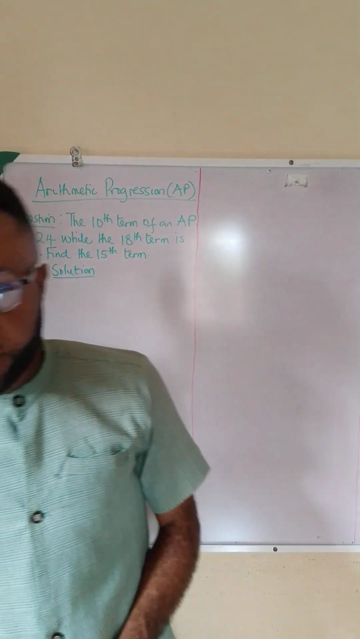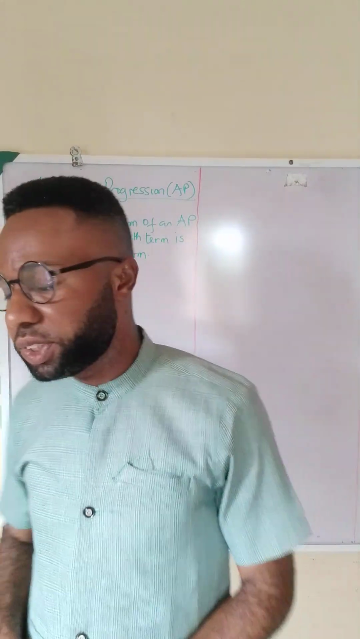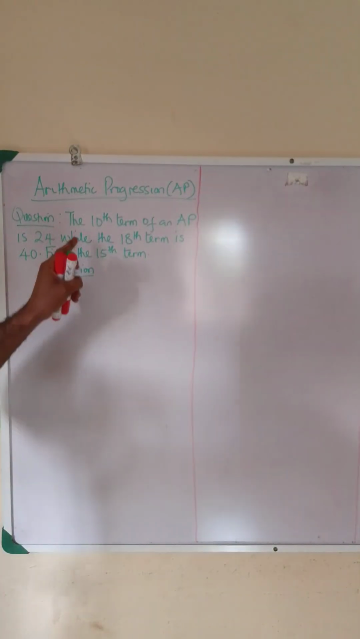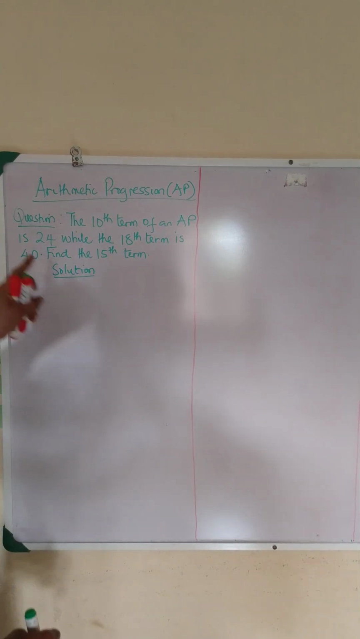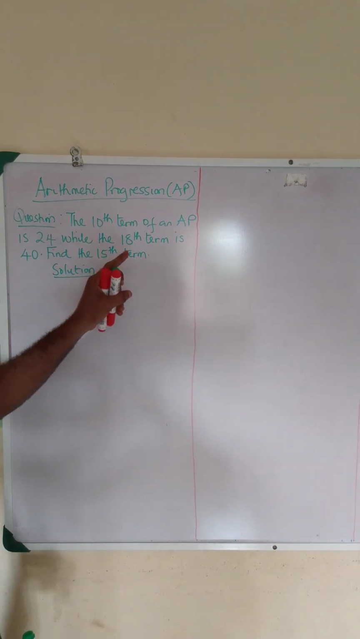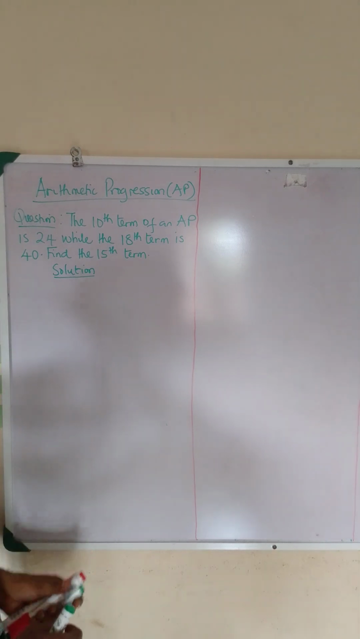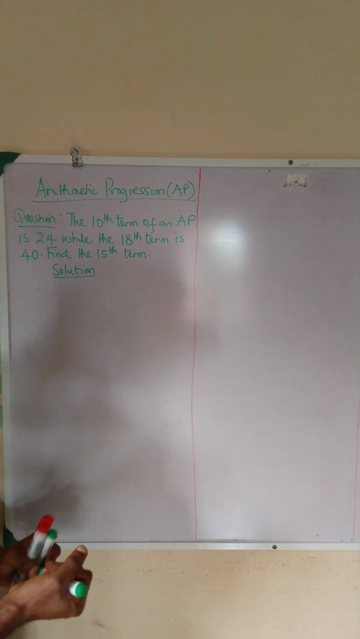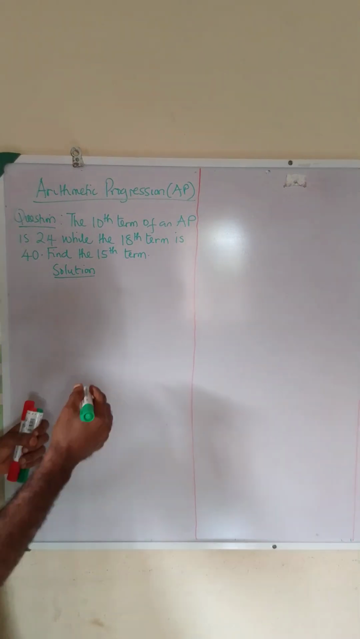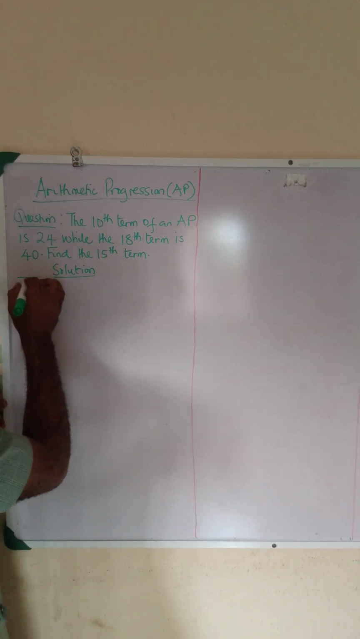Hello viewers, we are still on arithmetic progression, and then the question is: the 10th term of an AP is 24 while the 18th term is 40. Find the 15th term. So the first thing you do is to write out the general formula for an AP,